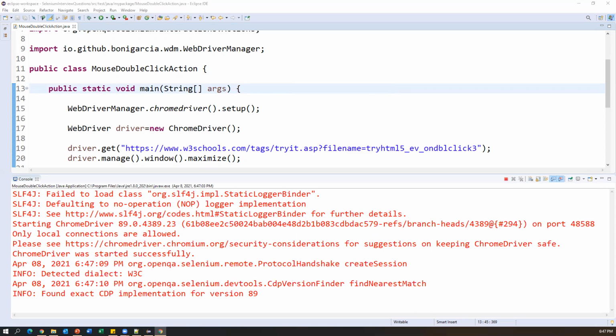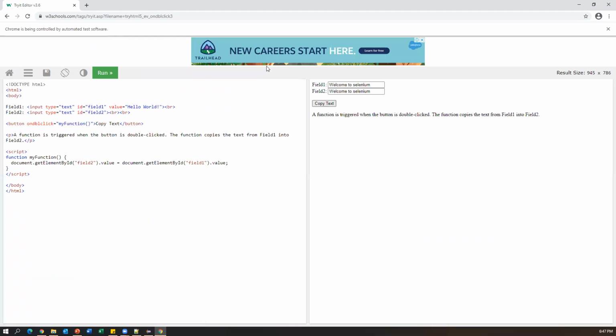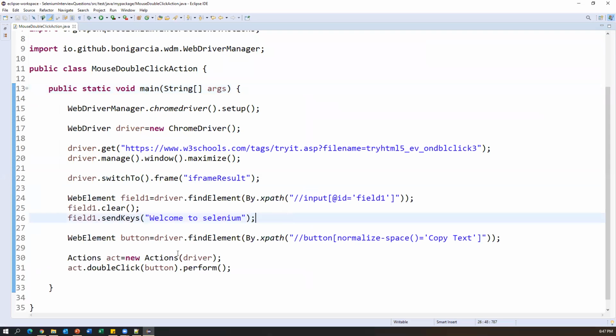Now the Chrome driver was started successfully. Maximize. Now observe this. We can see that the first field is already clear, and we provided some value, and the same text value is displayed in field 2 because it performed the double click action. This is how we can perform the double click action by using an action class method,